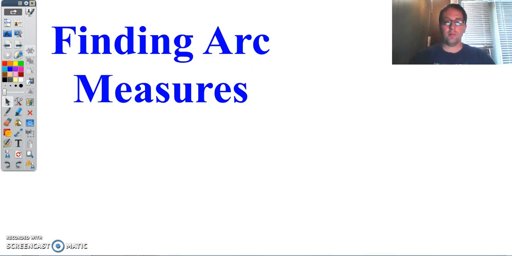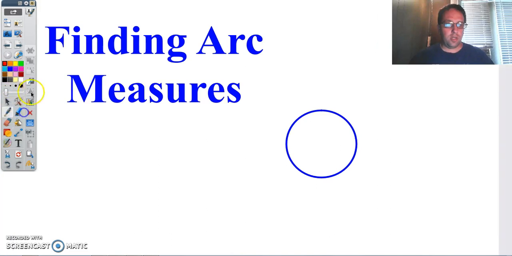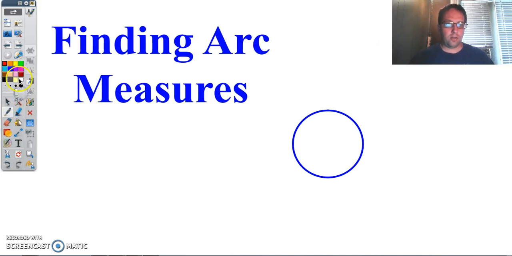Hello class, today what we're going to talk about is finding arc measures. Now when I talk about arcs, we're not talking about big rudderless boats or welding or anything like that. What we're talking about are parts of a circle. So here's a circle, and an arc is just a piece of it. So something like that. That is an arc of a circle, and we're going to be finding the measures of